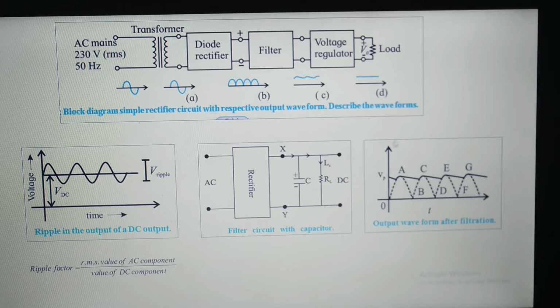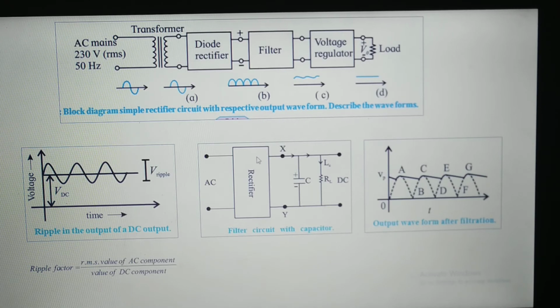So let's focus on this waveform. How does it get filtered out? If you see, this is VP, the voltage. It is nothing but the peak voltage. As I said, the output of a diode rectifier waveform will be in the form of pulses, one pulse, two pulse, three pulse, like this. What happens here is, when we apply it to the filter circuit, the current comes in and the capacitor gets charged. It gets fully charged, and then it allows current to pass through the load resistance.